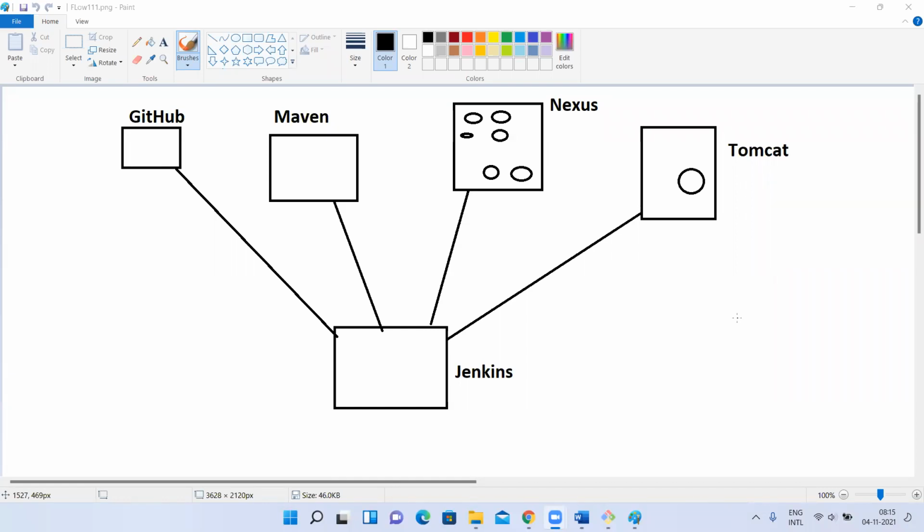Next, why do we use Nexus? What is this external Artifactory? I said in the last session, but let me repeat once again quickly. We use it for backups. For example, I want to take an artifact backup, like a WAR backup, before deployment. For every deployment, I'll take a backup like this. Today I'm going to deploy the 1.0 version of my application on Tomcat, so I'll take a backup of the 1.0 WAR file here. Tomorrow, for 2.0, I'll remove the 1.0 WAR file and deploy 2.0.